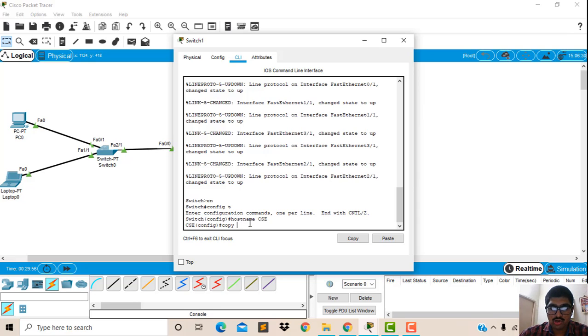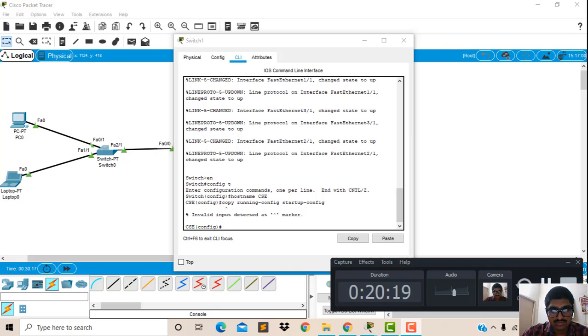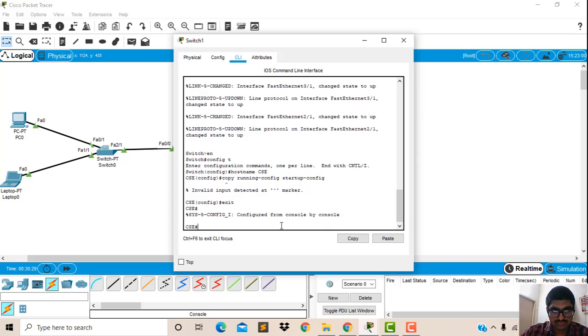We have to copy that. This is the running config. We have to copy running config to startup config. Here I have to exit and come to the user mode.